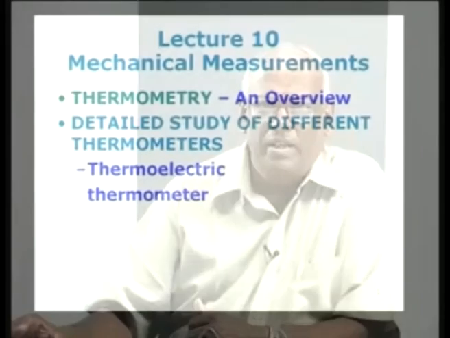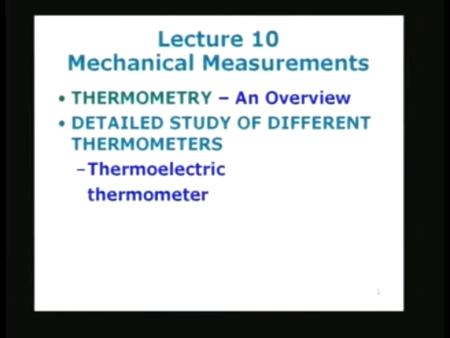So, this will be lecture number 10 in our ongoing series on mechanical measurements. If you recall, in lecture number 9, we were introducing the fundamental ideas of thermometry. The basic idea was to describe how to come out with a temperature scale which can be repeated or replicated. It required the use of different thermometers to cover different ranges, and I was explaining that there should be some overlap between the different instruments which are going to be used to measure the temperature depending on the ranges.